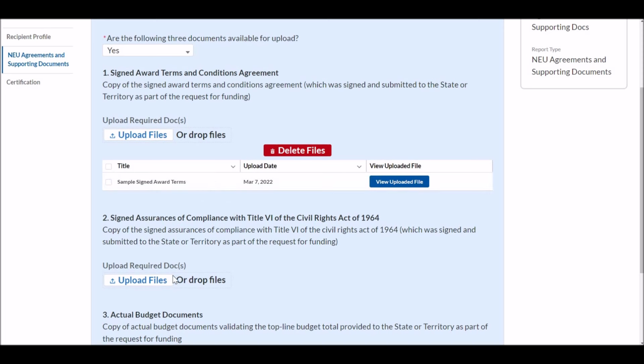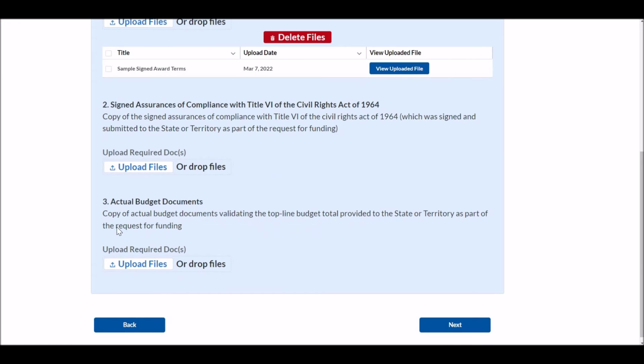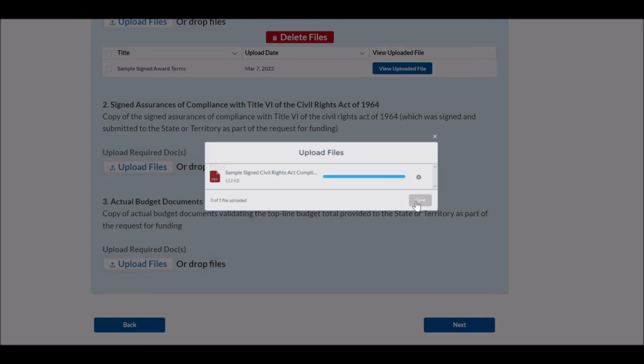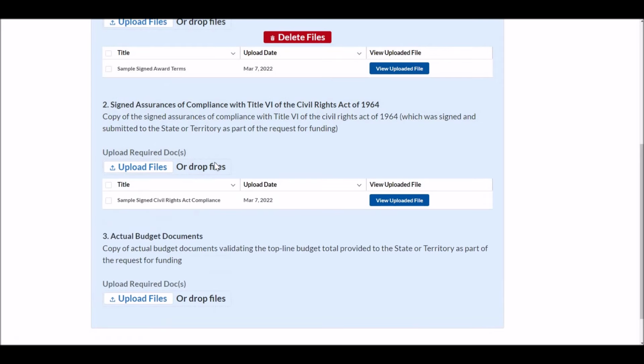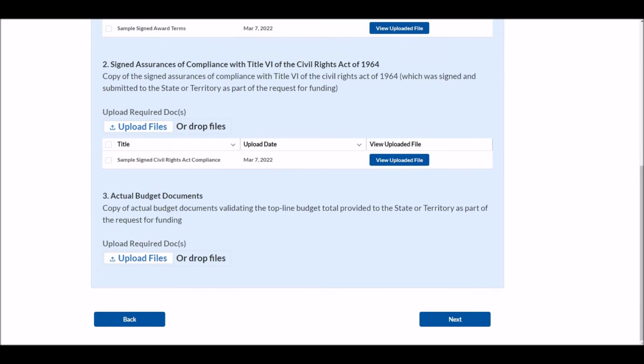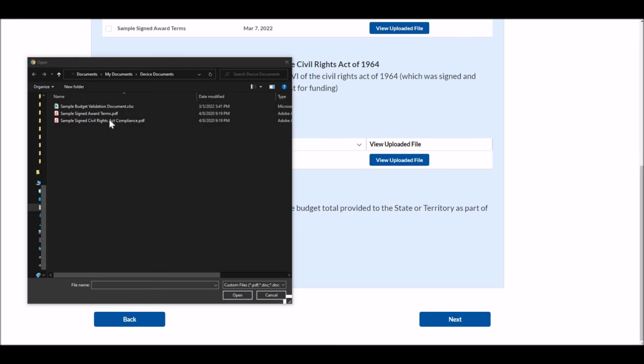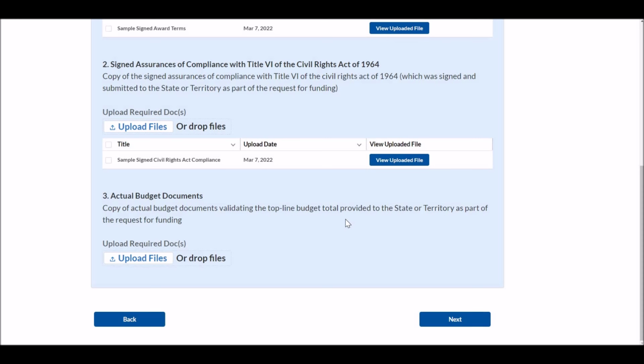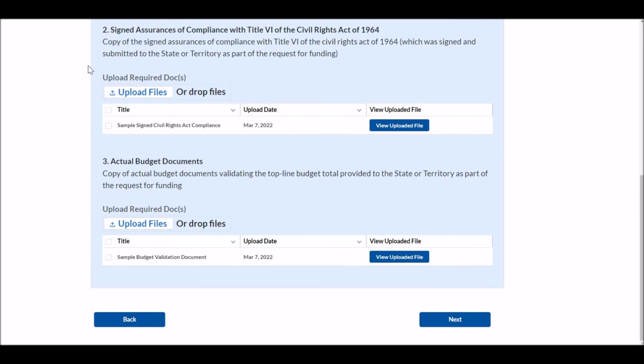It's the right document. And I'm just going to do the same thing for the other two documents that I have here. Great.